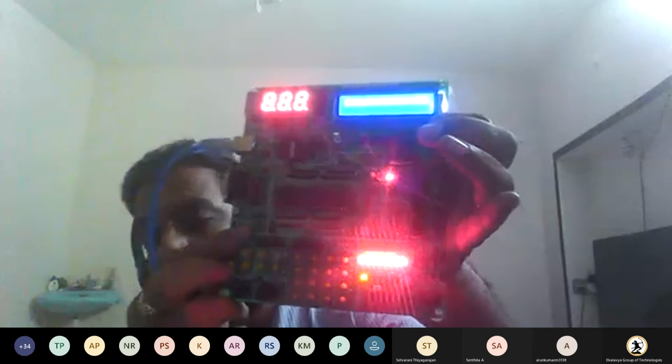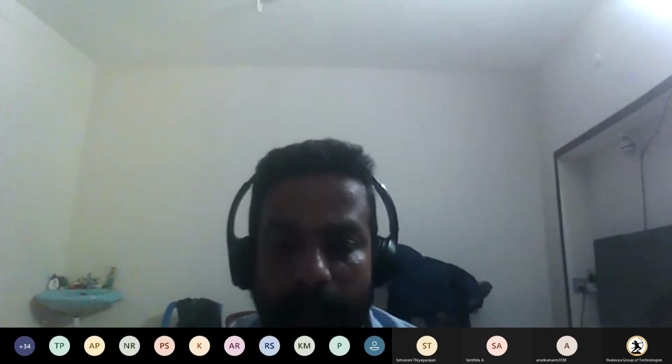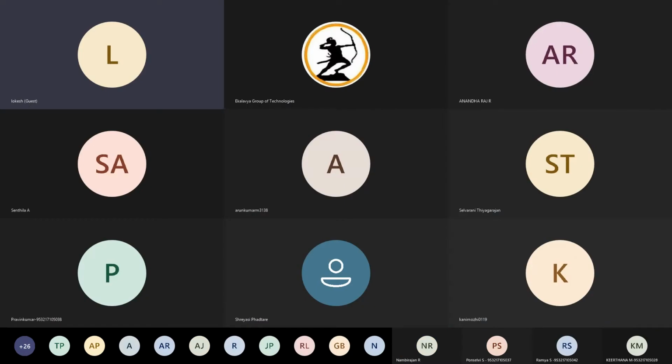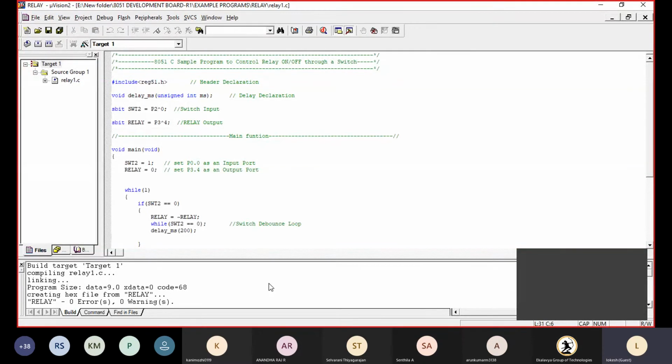If you press again, the relay will switch off. This is how we can test a relay program, or test whether the relay is working or not. So this is how a relay is interfaced with the 8051 development kit.